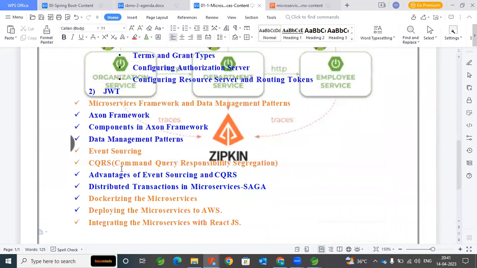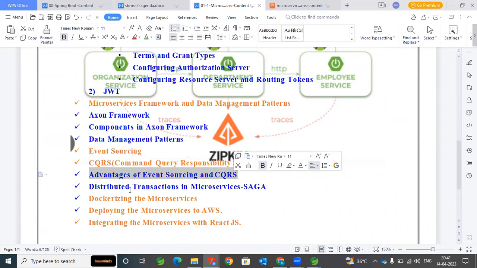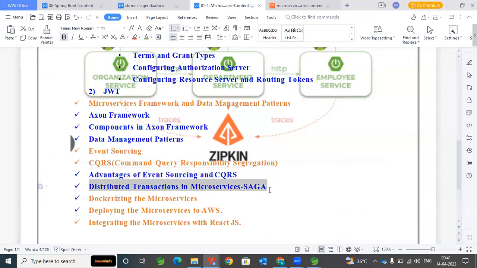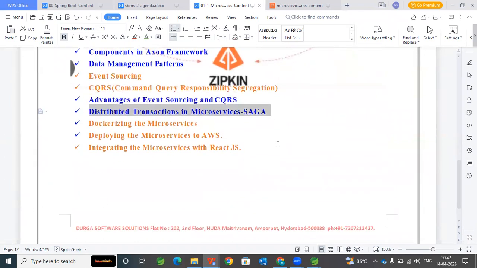Then we will see the microservices framework and data management patterns, Axon framework, data management patterns, event sourcing, CQRS, Saga patterns, advantages of event sourcing and CQRS, distributed transactions in microservices using Saga, Dockerizing the microservices, deploying the microservices to AWS,